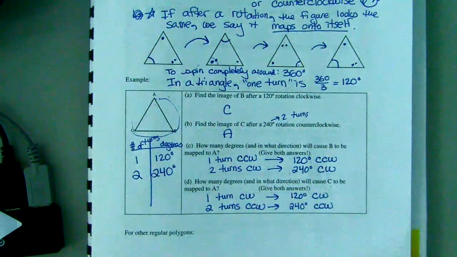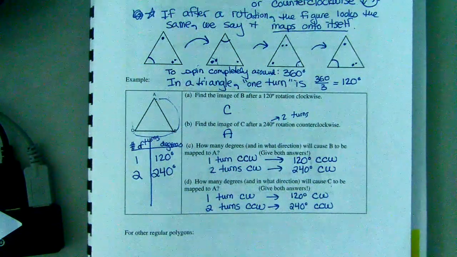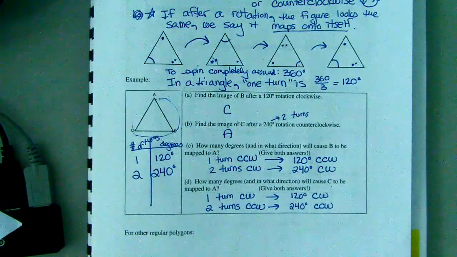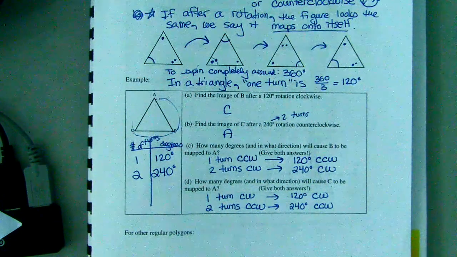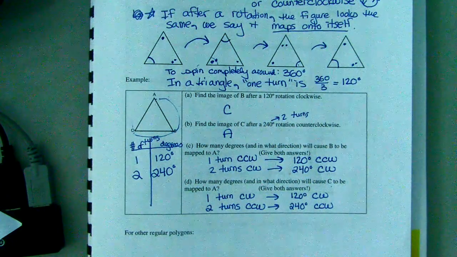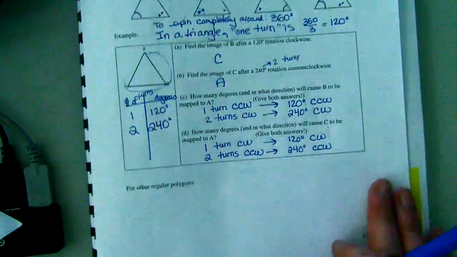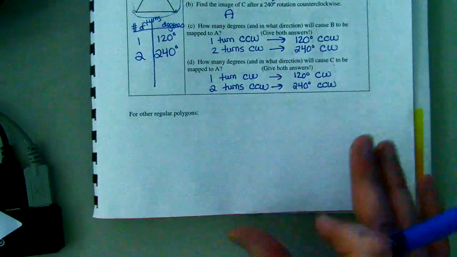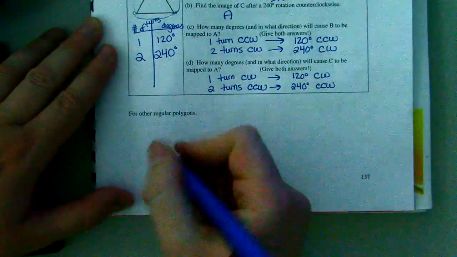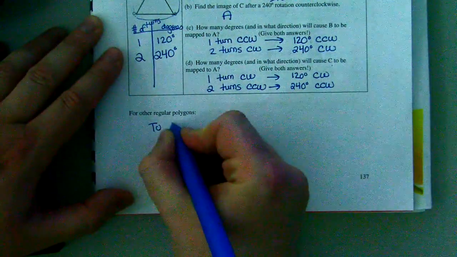Take a lucky guess. 4. What about an 8-sided shape? Divide by? Start with 360, divide by 8. Yes. So, in general, for any regular polygon that we're rotating, to find the degrees in one turn,